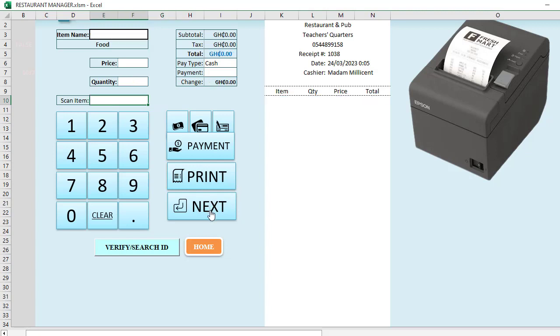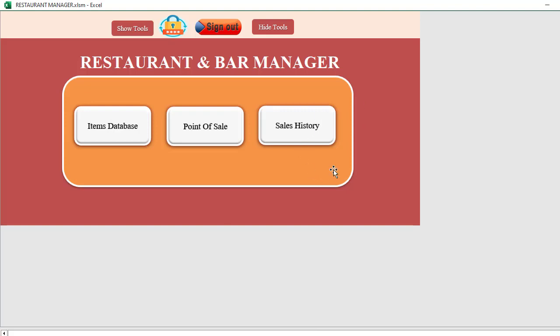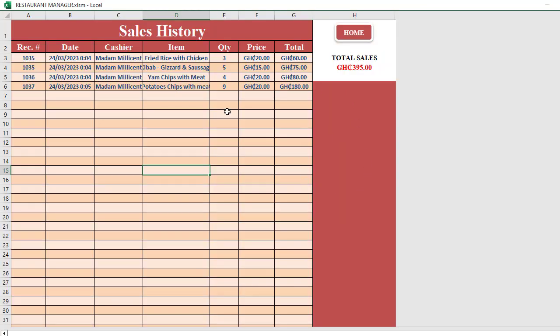Next. All right. Now let me go back to monitor what I have done. I'll come home and I will choose sales history. Very good. So when I come, the receipt number is 1035. On the same receipt number 1035, it means the same person bought these 2 items. One person visited the shop or the restaurant and bought fried rice with chicken, and at the same time kebab,